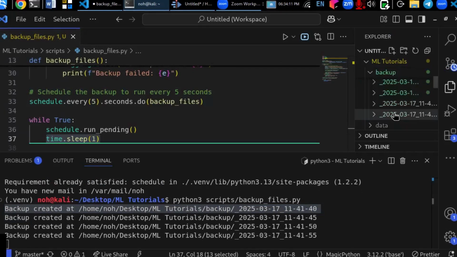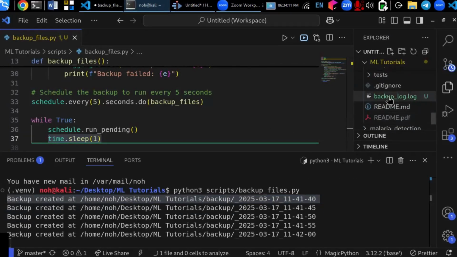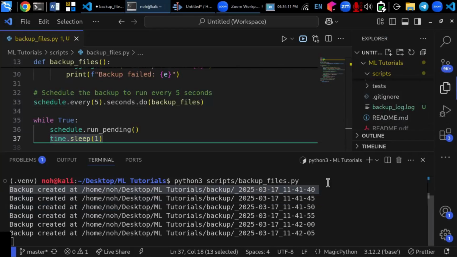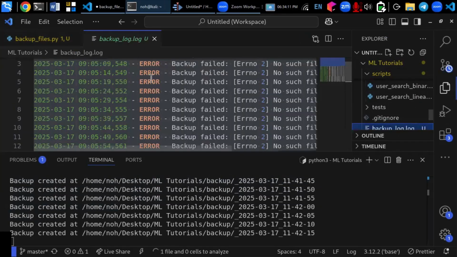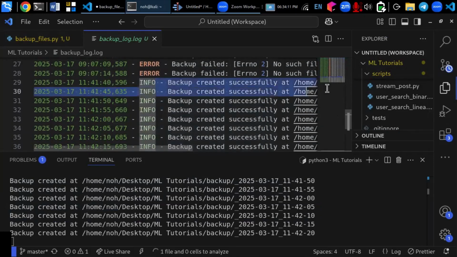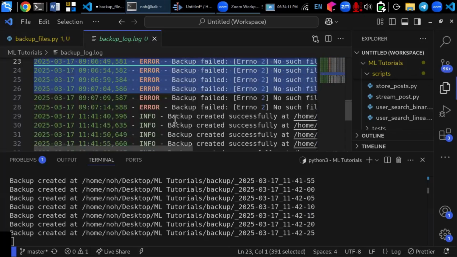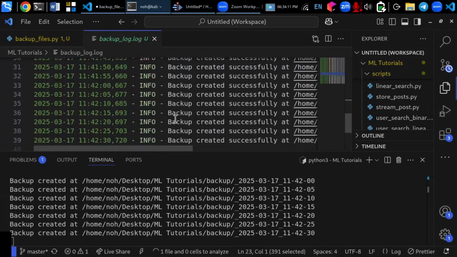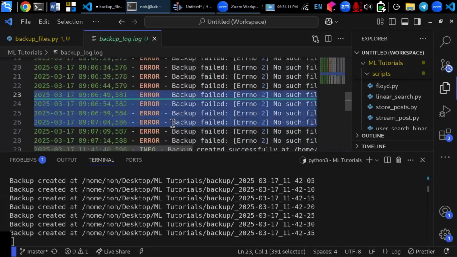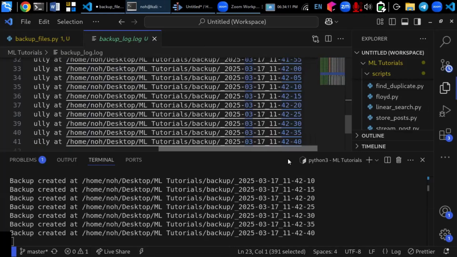After the script runs, check the backup log.log file to see a record of all the backups that have been created. If a backup fails, the log will contain details about the error. As you can see, here are the backup files or the log files that contain different success and fail messages. Right, so you can check the log files every time to monitor whether the script is successfully executed or the task is successfully done or the task failed. Based on the errors or failures, you can check your script again.